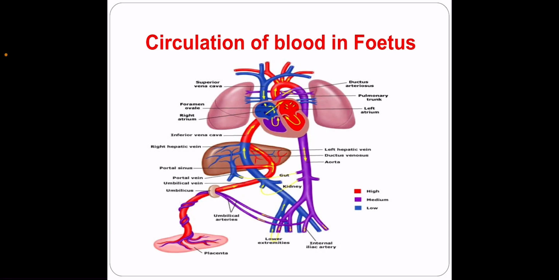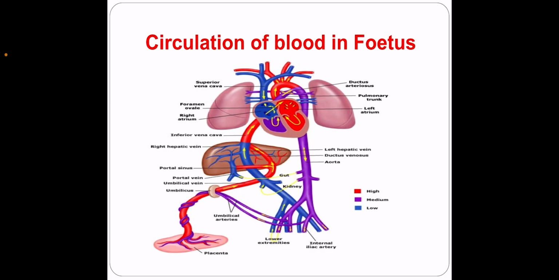So here you can see there is a cross streaming of blood. One stream moves from the right atrium to the left atrium, and another blood stream will move from the right atrium to the right ventricle. So there will be crossing of flow. From the right ventricle, it will enter the pulmonary artery, and from the pulmonary artery it will go into